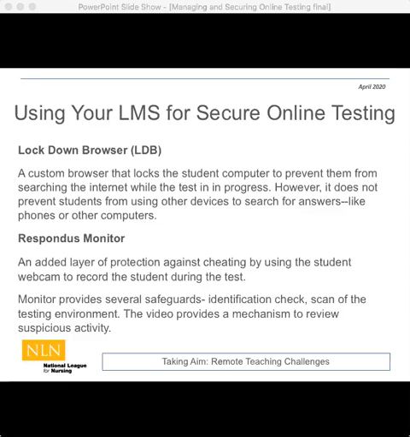The video proctor portion is called Respondus Monitor, and it uses the student's webcam to actually record the student during testing, and that's audio and video recording. So the purpose of it is to provide a mechanism for the faculty to be able to go back and look at the flags that were cited by the system, and allows you to preview pretty quickly and efficiently any issues that may have occurred with the student during the exam.